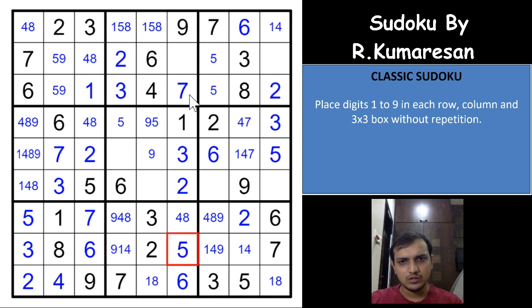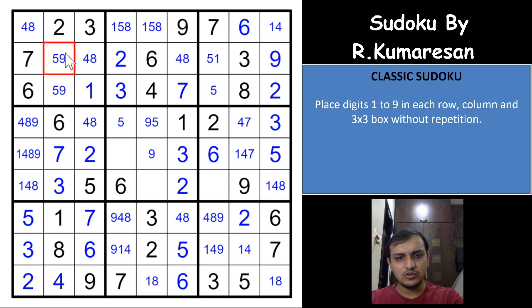And so this has to be 4 or 8, and this column had a 4 and 8 pair in any order, which means this row has a 4 and 8 pair. The remaining digits are 1, 5 and 9, and 9 has to be in one of these 2 cells, which means 9 cannot be here, so it has to be 1, 5, and a 5 is already here, so it has to be 1 and 9. So the 4 digits are 1, 4, 9 and 8. 9 is already here, so 1, 4 and 8 would have to be here. So which means that 9 in this column will have to go in this cell only, right?